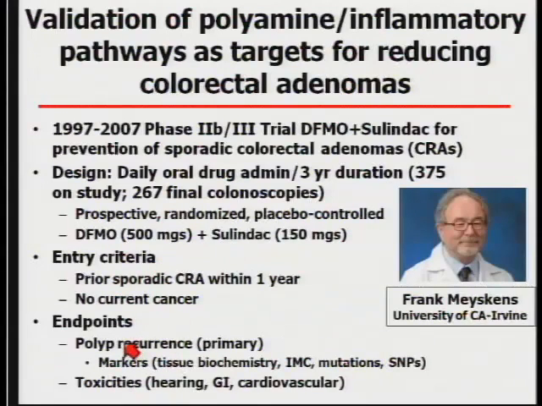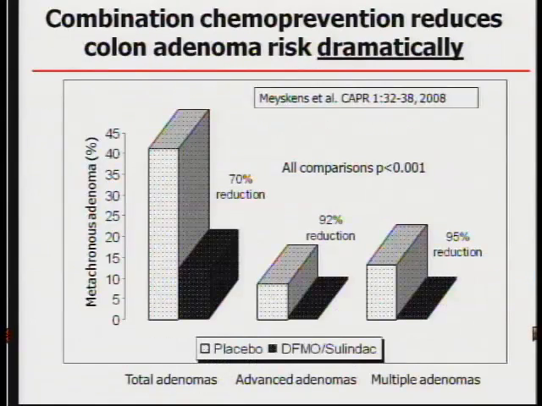The primary endpoint was whether or not there were adenomas at 3 years, although we looked at a number of markers, including genetics, and that's what I'm going to focus on after we talk about this trial. But in terms of validation, Peter Greenwald was very generous yesterday in noting this trial was extremely effective. There was a 70% reduction in total adenomas in response to this particular treatment. More importantly, we think there was a very dramatic reduction in advanced and multiple adenomas. The first important thing is this validates this particular intervention.